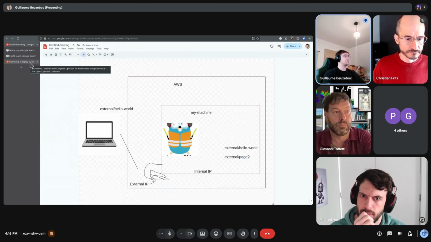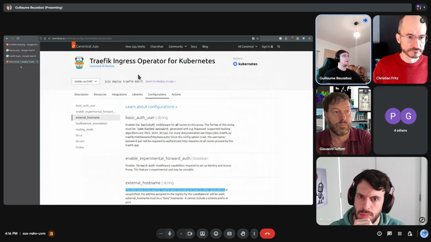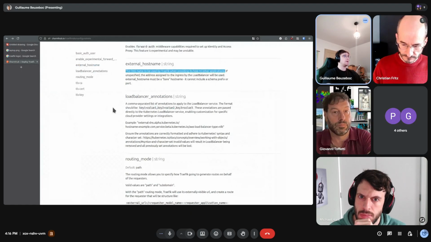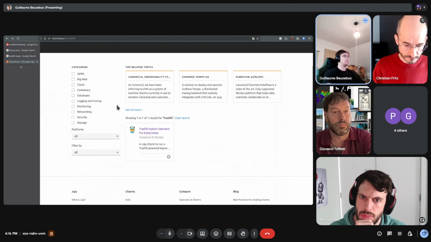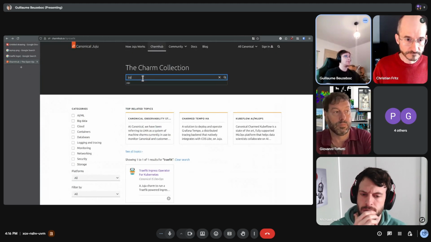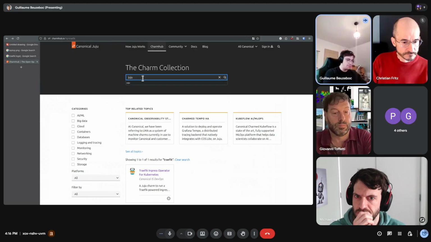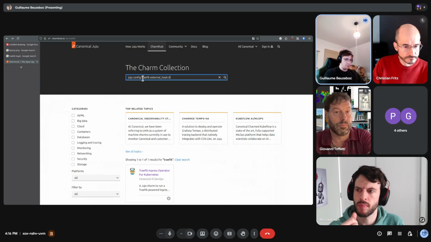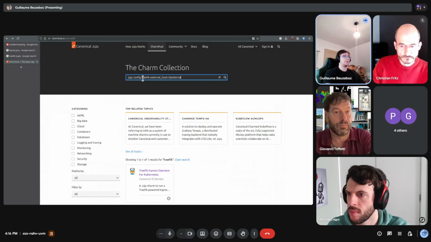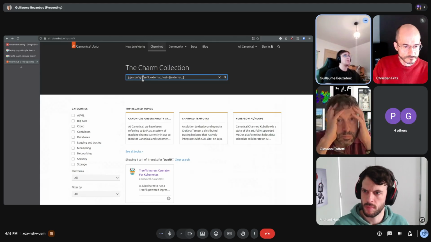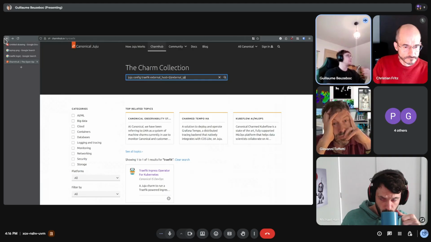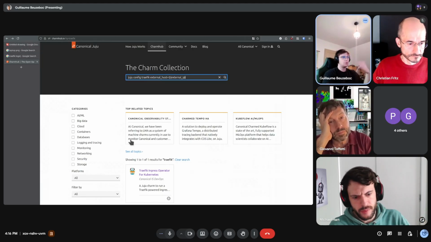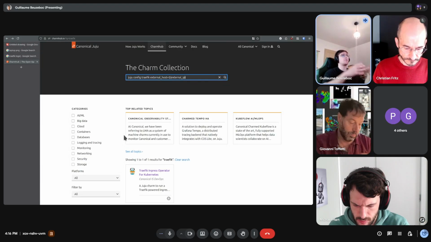So this is a simple configuration that we essentially typed in the terminal: juju config traffic external host, and then I put the external IP here. That's essentially to give you the context of how we